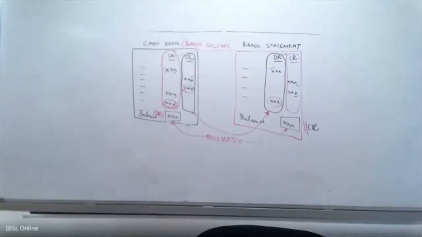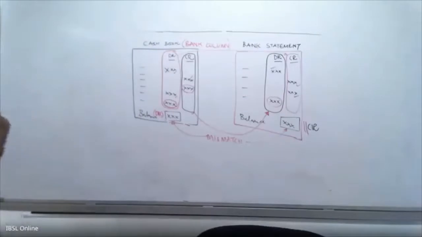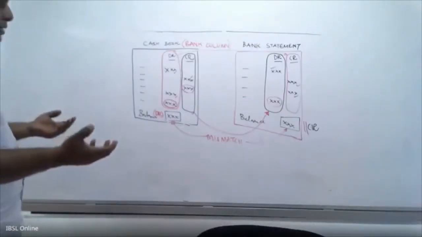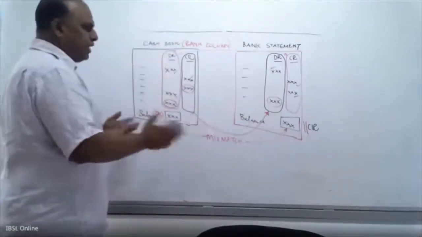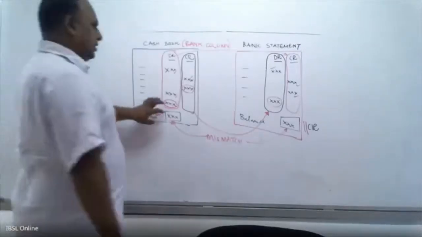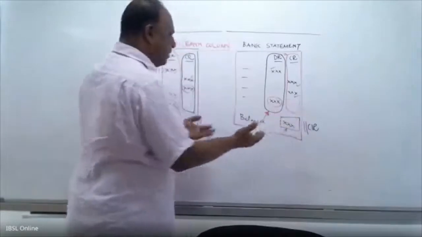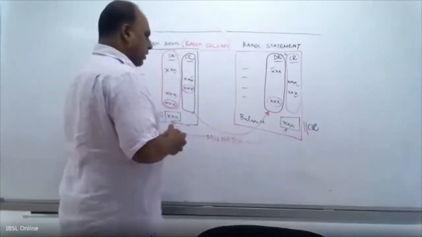So I hope it is very clear now what the process of carrying out the reconciliation is. Why do we need to carry out a reconciliation? Because there is a mismatch. If there is no mismatch, then no need for a reconciliation, right? That also you have to remember. When you receive the bank statement at the month end or maybe the first or second day of the next month,